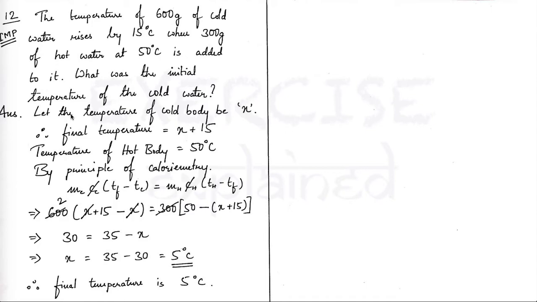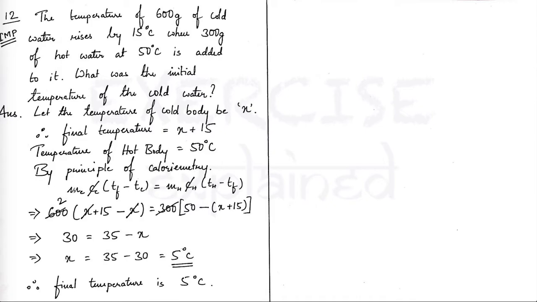So I would consider the temperature of the cold body to be X. The final temperature, as it is told in the question, rises by 15 degrees Celsius. That means the final temperature is X plus 15. The temperature of the hot body, as it is given directly in the question, is 50 degrees Celsius. Now by the principle of calorimetry,